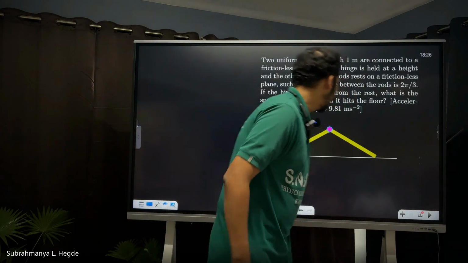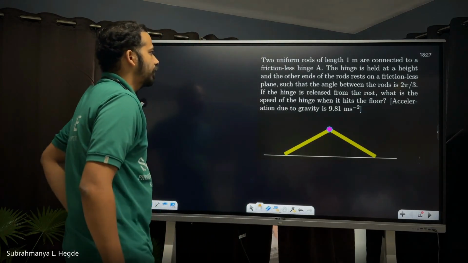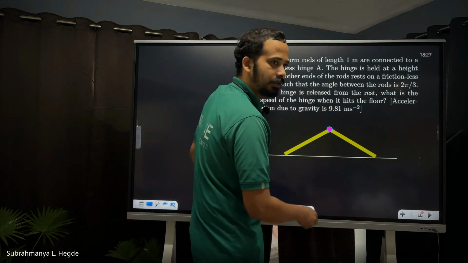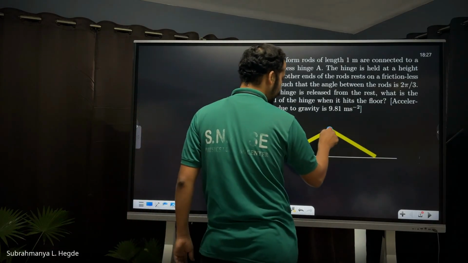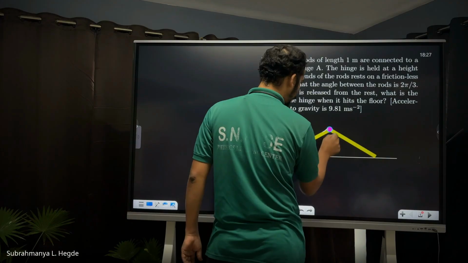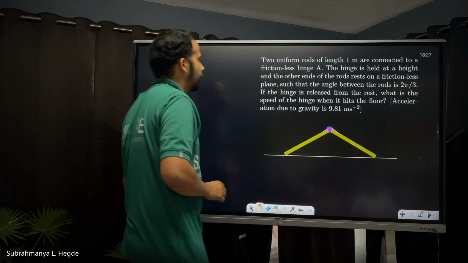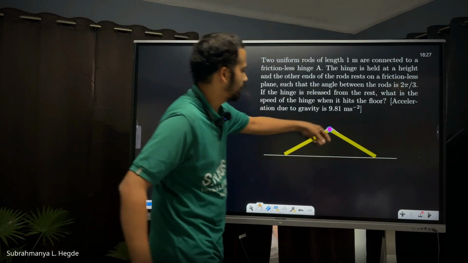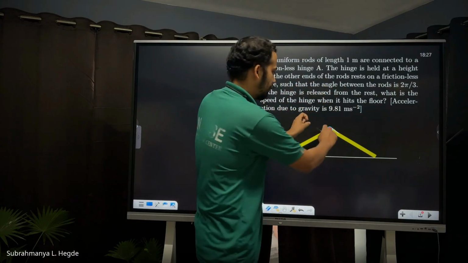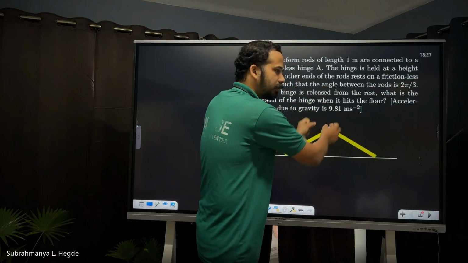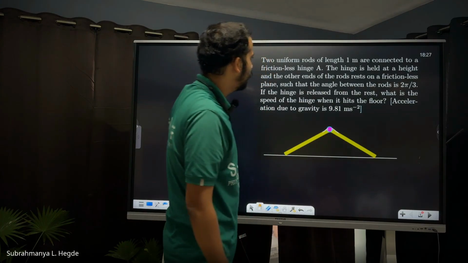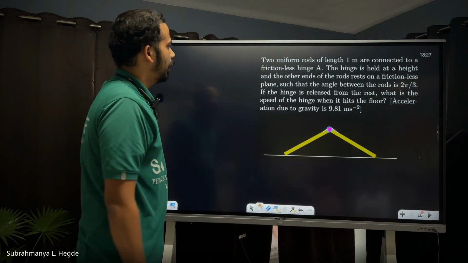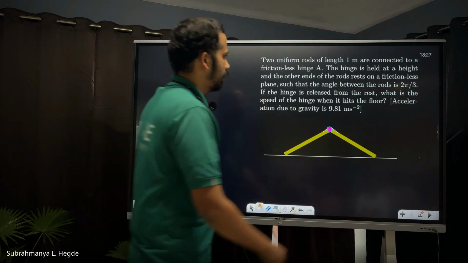They are connected to a frictionless hinge. This is the hinge here. The hinge is held at a height, so it can rotate. And the other ends of the rods rest on a